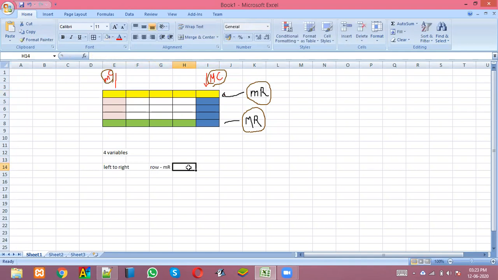The columns will start from minimum column and end at maximum column. Are you understanding this? You are starting from here to here. The row number is constant, minimum row, but column number is varying from minimum column to maximum column. And because you are going rightwards, your column number is getting incremented.